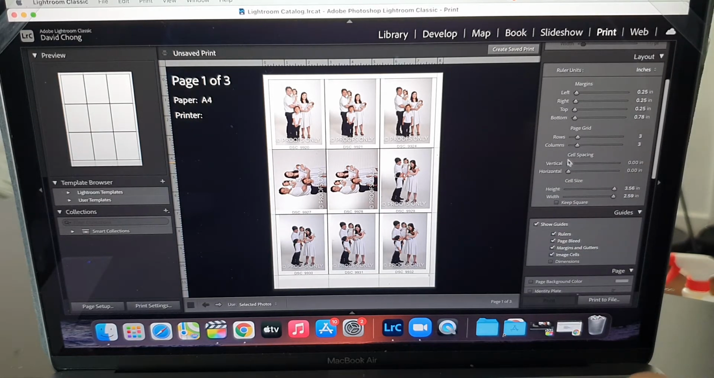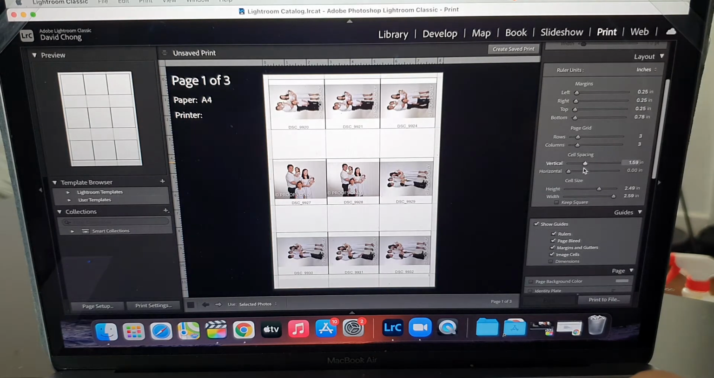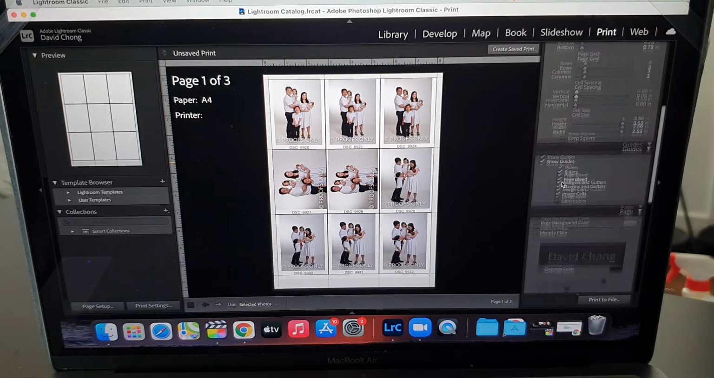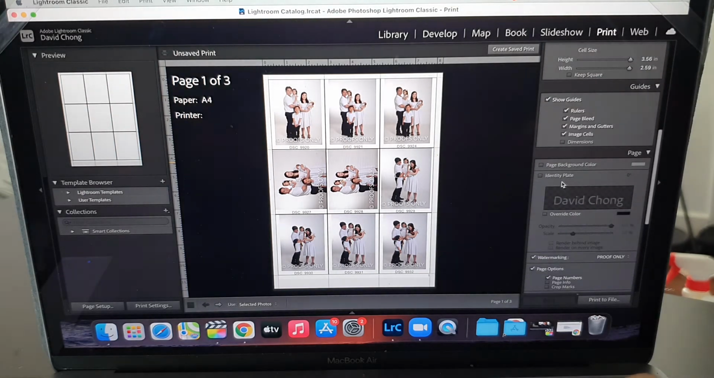Then obviously there are different things like the cell size. Don't worry about this. As you can see, if you change that, it's just going to make the cell bigger or smaller. So that's not very important. We'll go down to the next bit, which is the identity plate. If you click on that, you can have your name right in the middle there, or whatever that you want to put there. You can just put a certain name